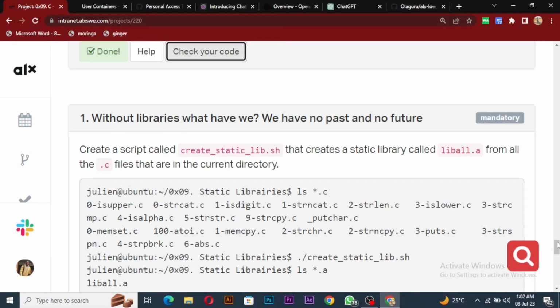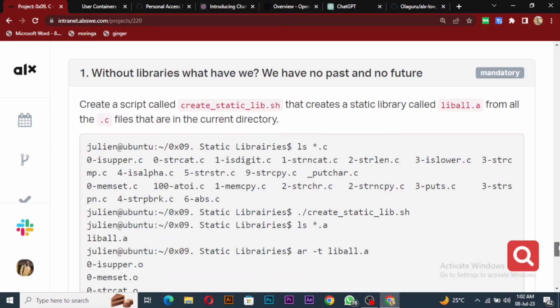All right, so this one says to create a script. So we're going to create a script. You know how scripts work: when you execute them, they run the commands in them, right? So we are going to put the commands we'd be pressing in a script so that when we execute that script, it does it for us automatically, right? Okay, write a script called this,